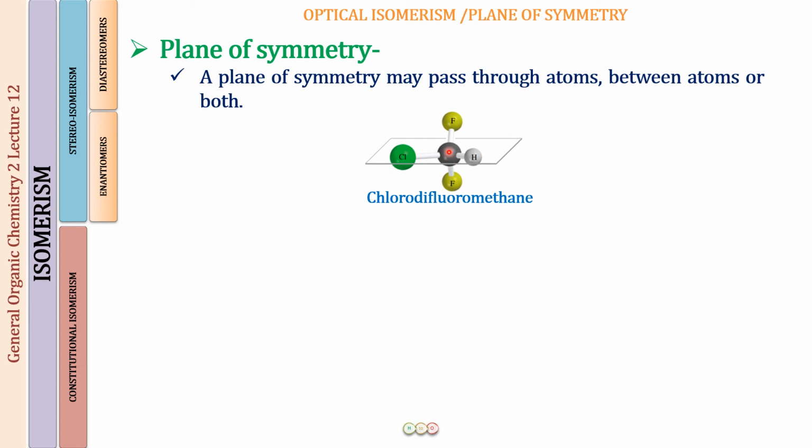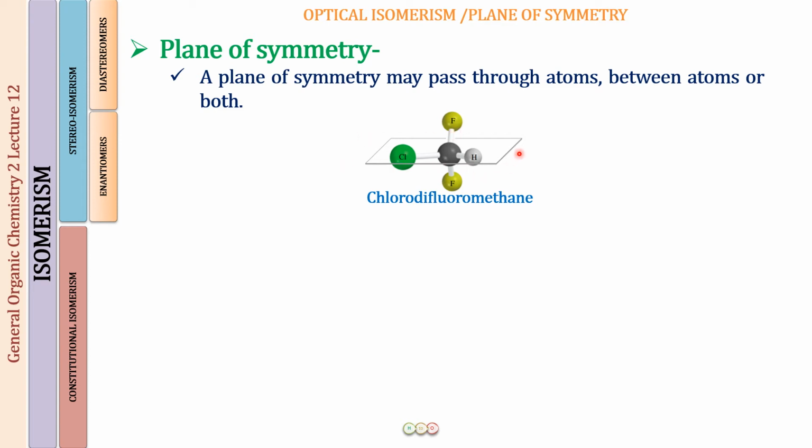Fine. So how do we determine whether this molecule is going to be chiral or not? If there was one chirality center, we would have certainly said that yes, this molecule is chiral. But there is no chirality center in this molecule. How do we tell whether this is going to be chiral or not? Whether it is going to be superimposable on a mirror image or not. So for that, we take the help of the plane of symmetry. So now how do we identify whether a plane of symmetry is present in this molecule?